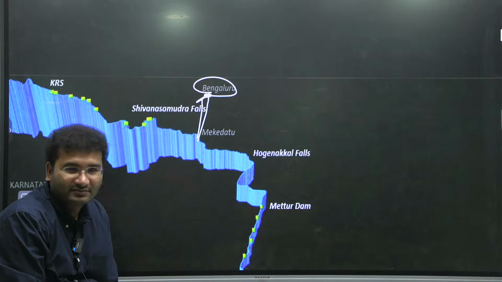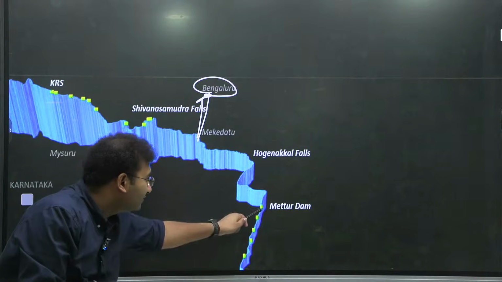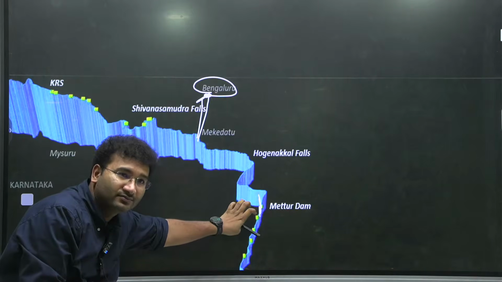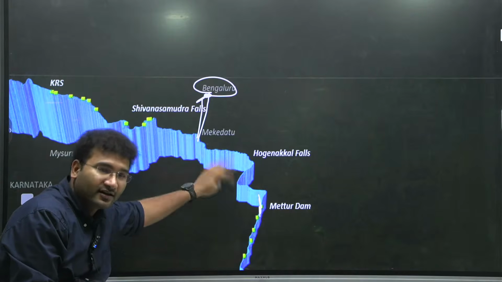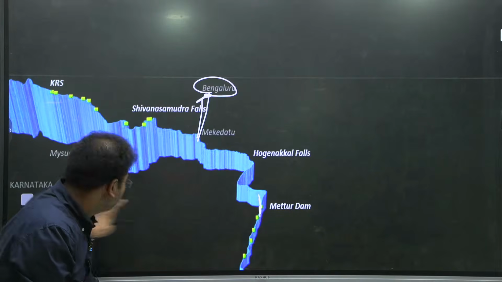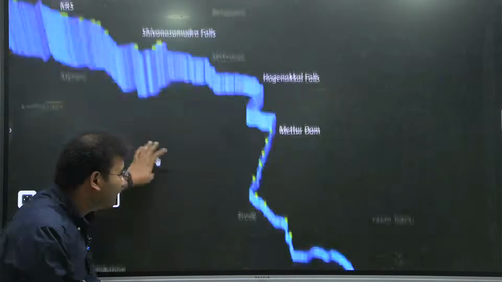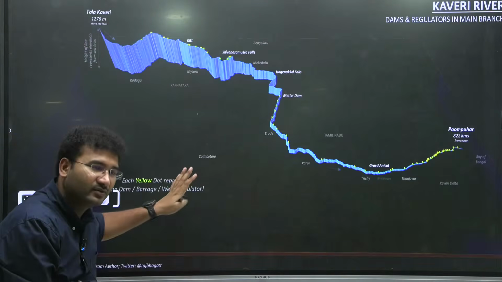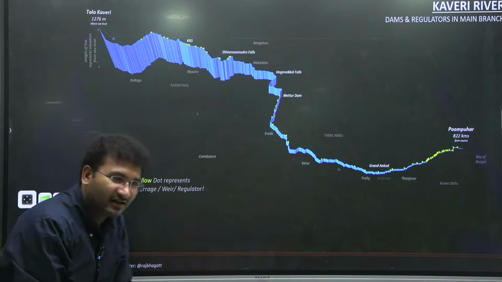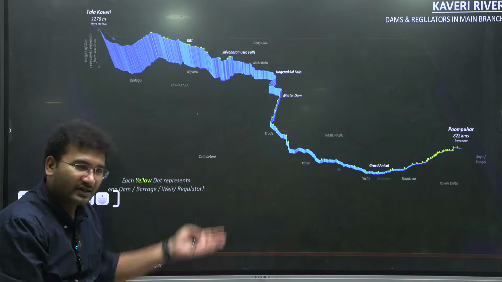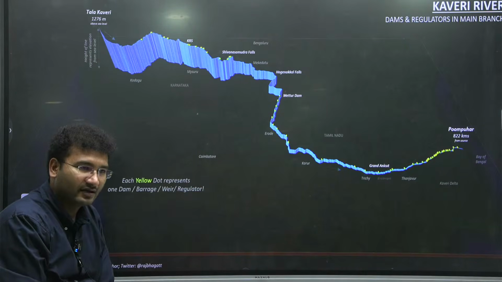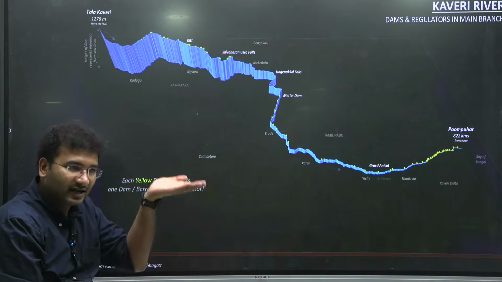Right? Understood? So Kerala wants to raise the height of this so that they can store water. See, it is a tri-state issue, not just Karnataka and Kerala. It's a tri-state issue, but the major issue is between Kerala and Tamil Nadu. Karnataka's issue has come up only recently. But the 800-year-old issue is there between Kerala and Tamil Nadu, right? So it wants to raise the height.